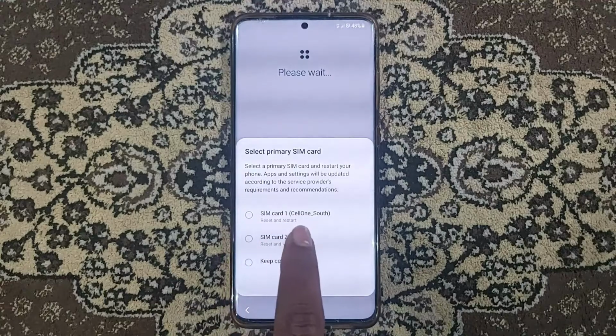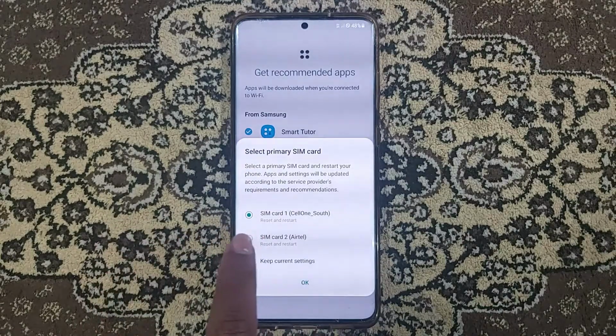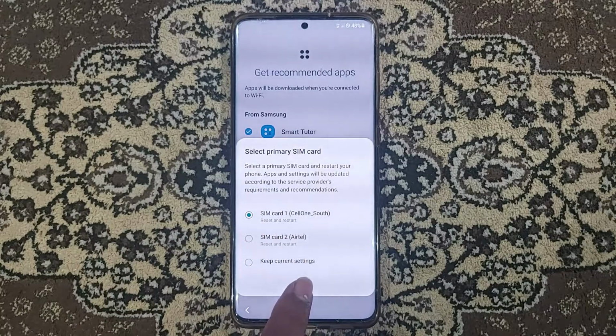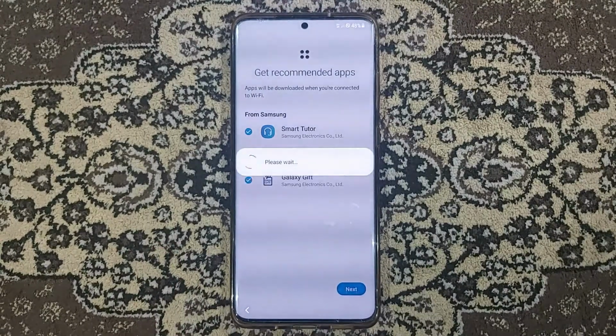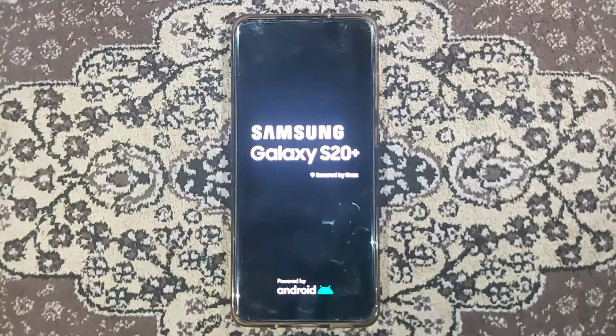See, as you can see, primary SIM, this option will pop up on your devices. Select the first option and click on OK. Once you do this, it will reboot again back to your recovery, and then wipe all your data, and you will be able to go back to Indian CSC. It is taking some time for all this process. As you can see, it is back on the Samsung logo. I will fast forward this process also for you guys. Okay, as you can see, it is erasing, and then I will be back with you when the device starts up.